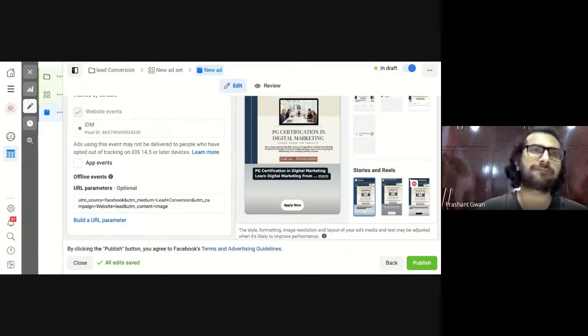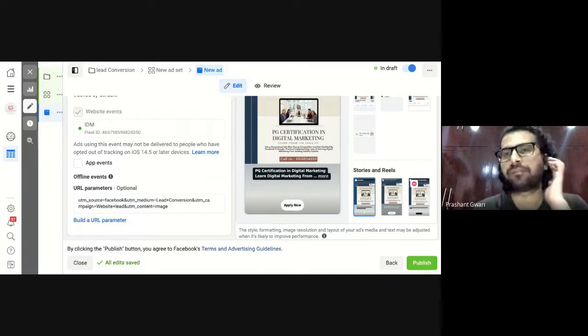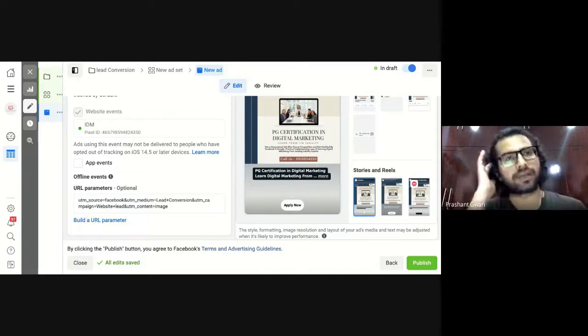Now imagine you are running an advertisement and you are doing A/B testing, because you are confused whether a video based advertisement will bring more conversion or an image based advertisement will bring more conversion. So you are doing A/B testing. You are targeting the same audiences, same budget, but the content is different. One advertisement has an image, the second advertisement has a video. But how will you find out which campaign is generating more conversion?